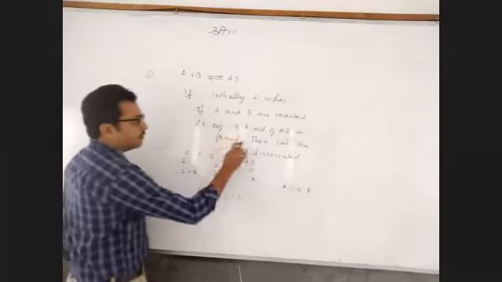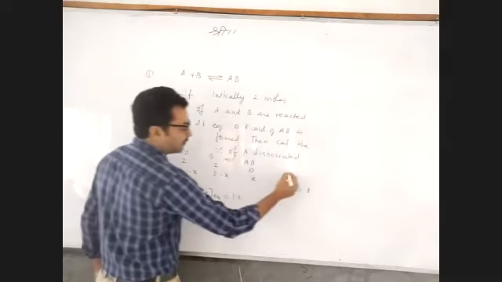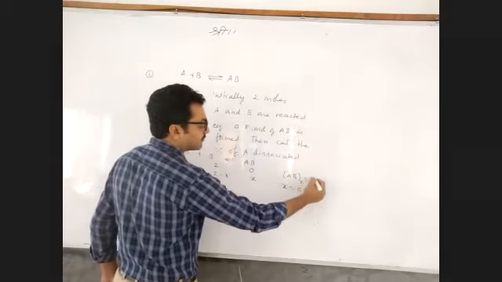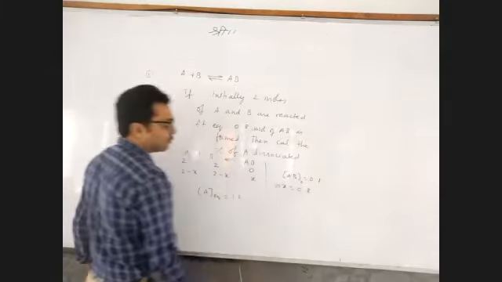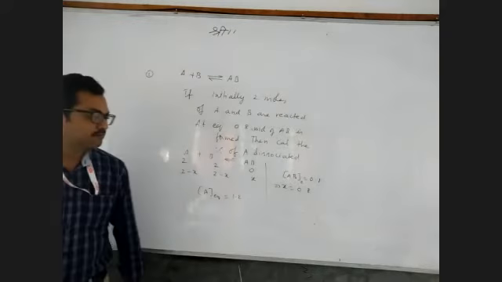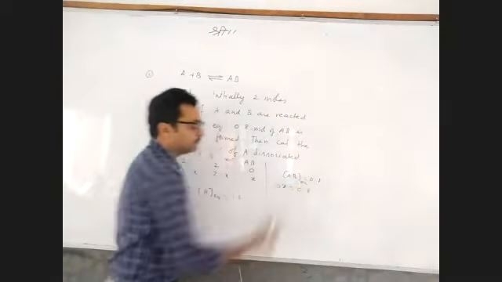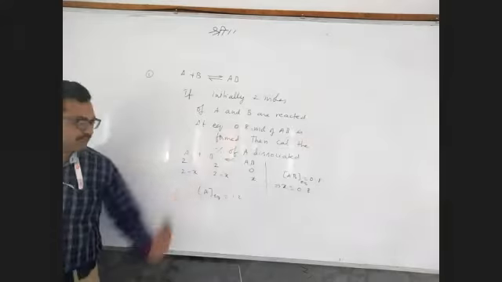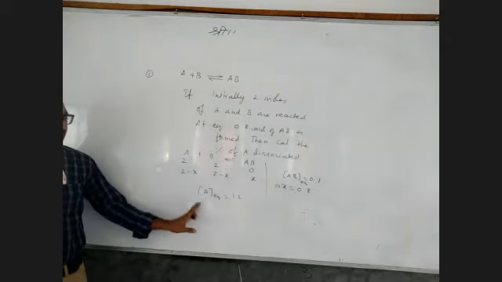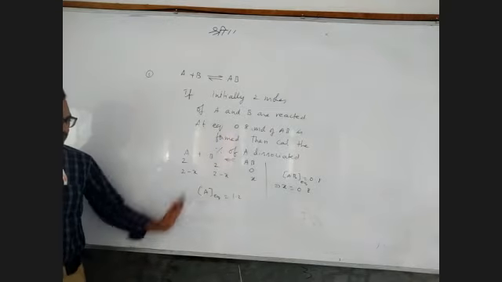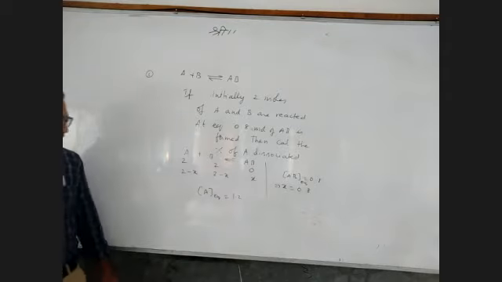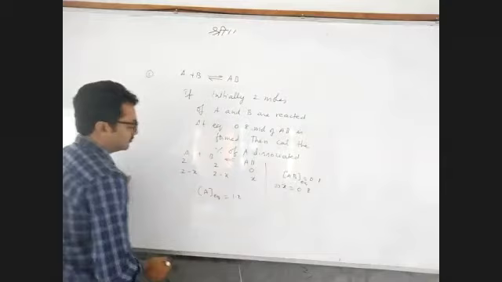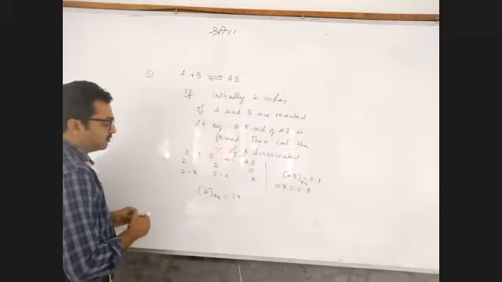Given 0.8 moles of AB is formed. AB concentration at equilibrium is given 0.8. That implies X is equal to 0.8. Right or not? This is at equilibrium. Means this one X is 0.8. Then what is the concentration of A at equilibrium? 1.2, because 2 minus 0.8. Is it correct? See once.